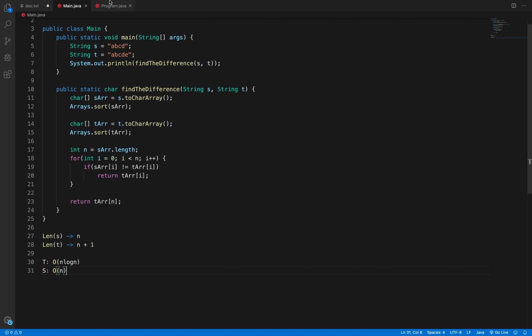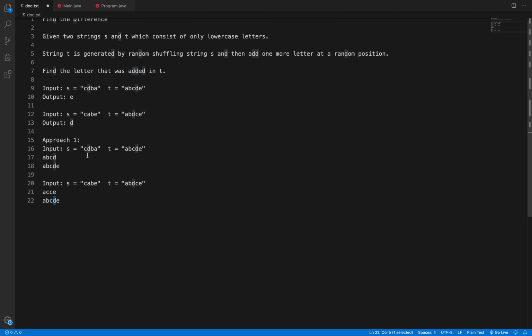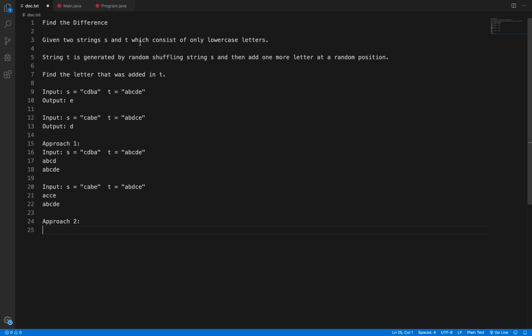Now let's look into the second approach. Here you can see both strings S and T consist of only lowercase letters. So what we will do is first iterate over the first string and store the frequency, or occurrences, of each character.